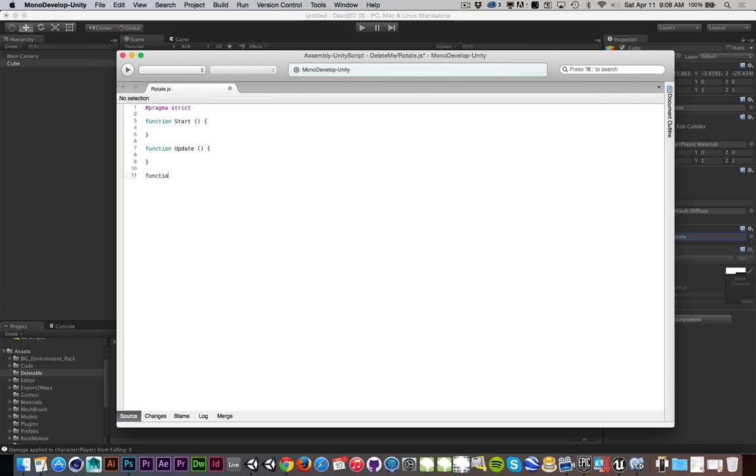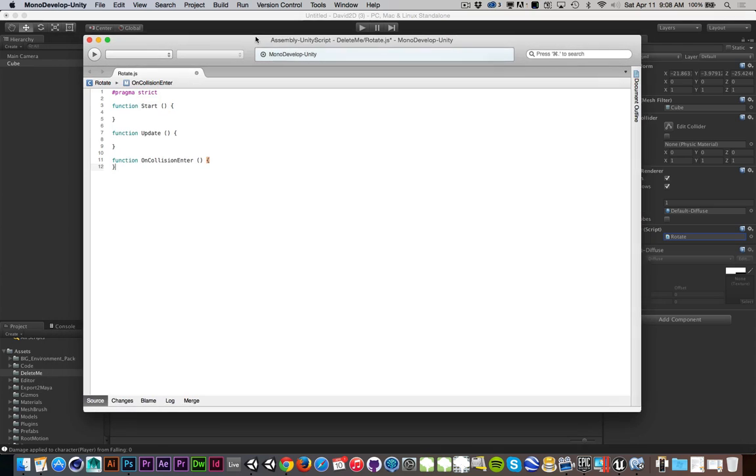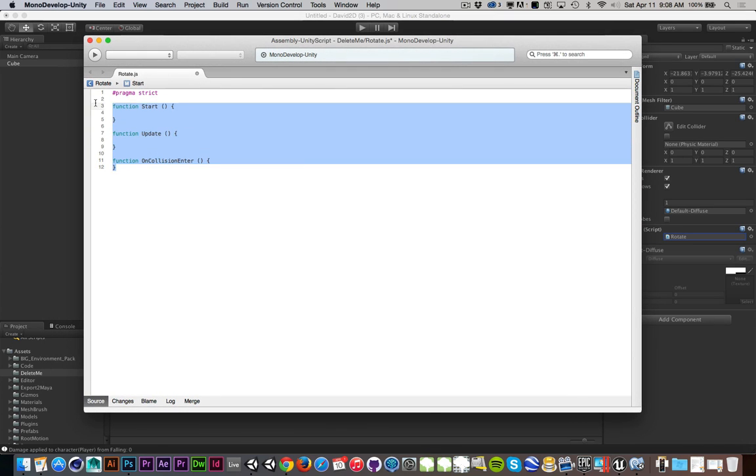Also, there is an OnCollisionEnter function which runs every time this object collides with something. But at this point, this object does not have any. Actually, it does have a collider on it, no physics. So that will run every time something triggers. And it's important that I'm mentioning these three because we'll see the same thing happen in Unreal in a little